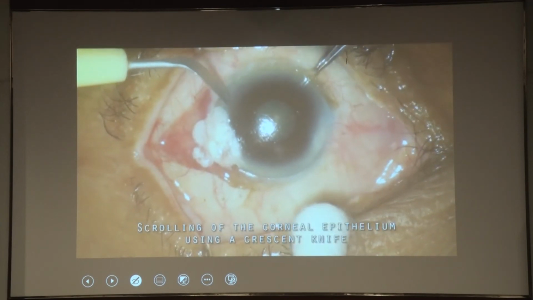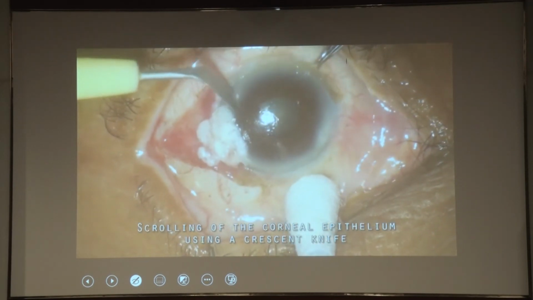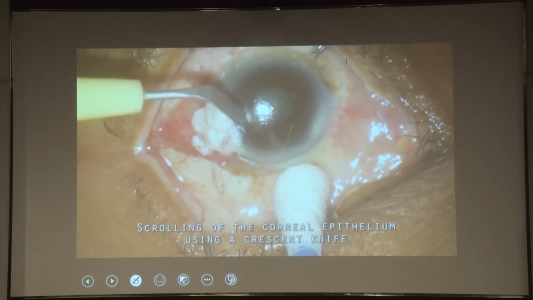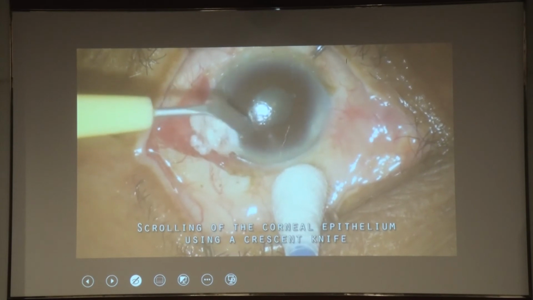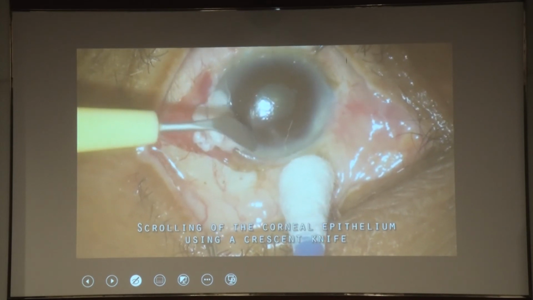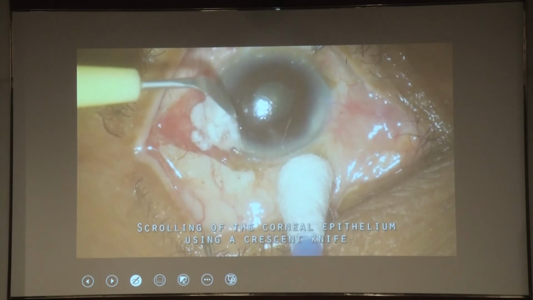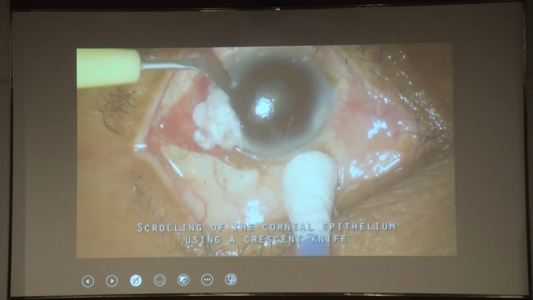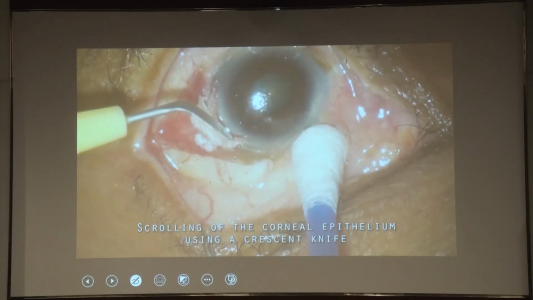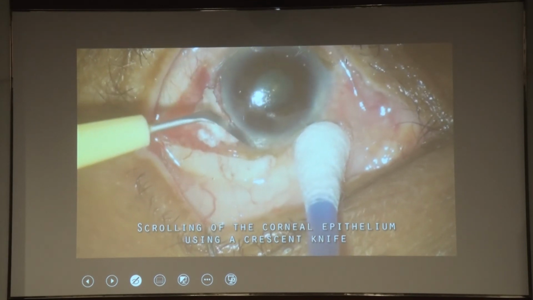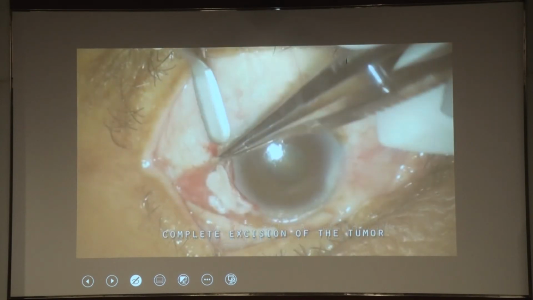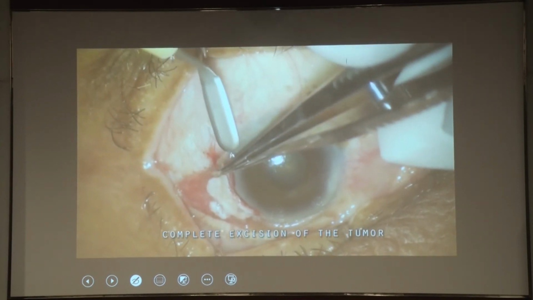This is to preserve the Bowman's membrane so that you don't have to do dissection between the epithelium and the Bowman's. The epithelium becomes loose and you can simply scroll it off towards the limbus. We have already reached the limbus from the scleral side. Now we are reaching the limbus from the corneal side. OSSN is a tumor of the limbal stem cells. Then you have to finally excise it off the limbus under visualization. So these steps are followed in all patients. Then you excise it simply off the limbus